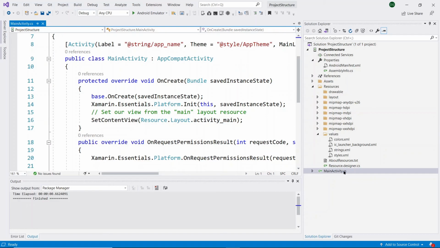Our next file is the MainActivity.cs file. This is the starting page of the application. Once you start the application, this MainActivity.cs file is called the first time. Inside this MainActivity.cs, first we need to mention our starting page of the application. For example, if you want to show the login page once your user opens the app, that page we need to set inside this MainActivity.cs file only. Then only that screen will be visible to the user. So whatever screen you need to display to the user, that screen will be added inside this MainActivity.cs file.